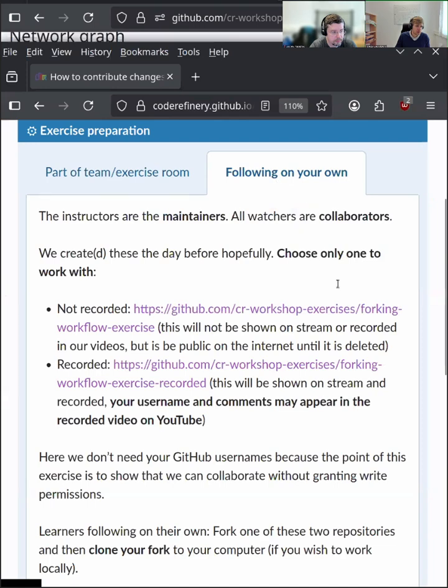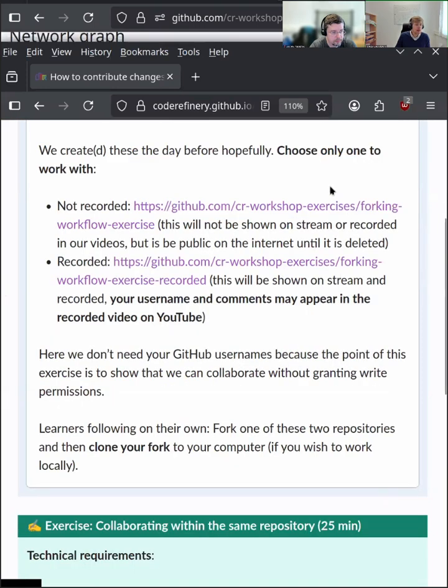And if you want to work together with us, then it's a similar story again. We have two new repositories, so we don't use the same ones as we did before. And again, there are two repositories, because one will be the recorded one, and the other one is the one which is not recorded. And during the stream, we will now again focus on the recorded one. So if you don't want your username to appear on the stream, which might later be published to YouTube and so on, please use the first one. If you don't mind, please use the second one, because if we can show during the live stream that many people use this repository, then I think it's a benefit.